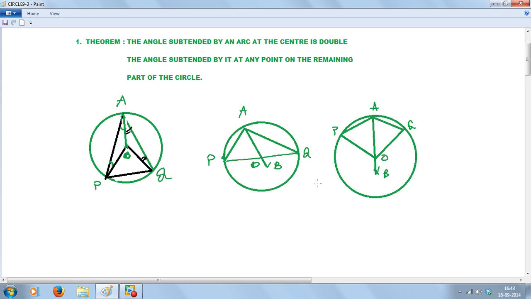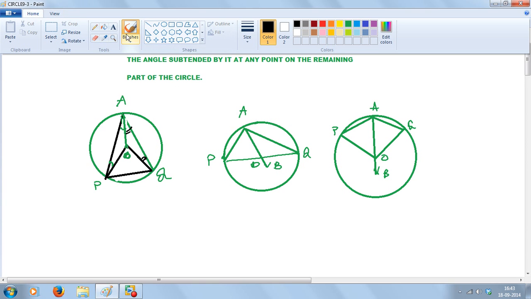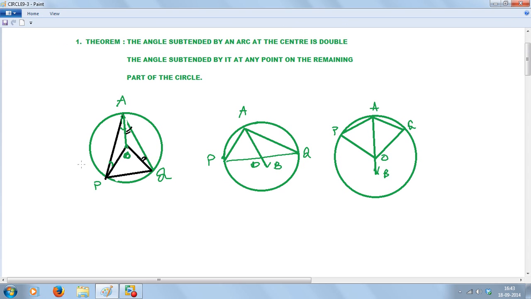And if two chords of a circle are equal, then their corresponding arcs are congruent. There is a definite correlation between the chord and the arc. Now, in this case, we will take three types of cases as shown in the diagram. Now, the arc or the chord PQ can subtend an angle. What is the angle? POQ at the center. The first case,